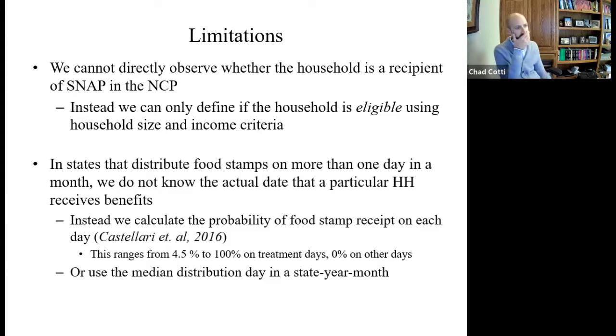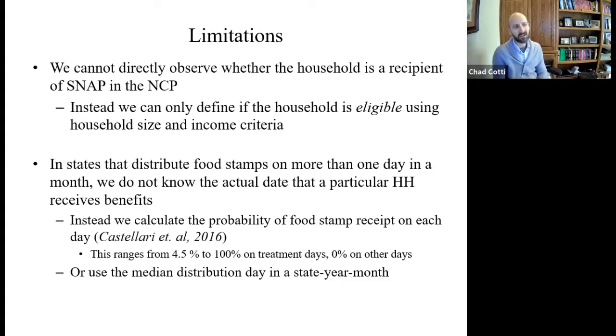And then the second thing is, because we can't tell if a household is actually getting food stamps, we wouldn't know specifically what day of the distribution days in the state they live in they receive their food stamps, unless they're in one of the states that distributes all on one day, in which case we would know. So we're going to be trying to look at states as a treatment that distribute more of their food stamps later in the month, or where there's more misalignment.